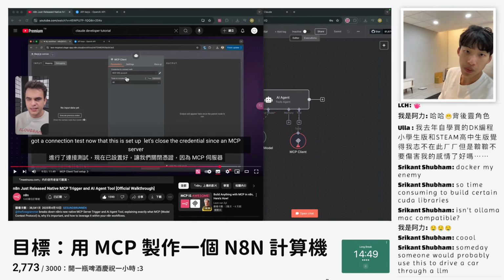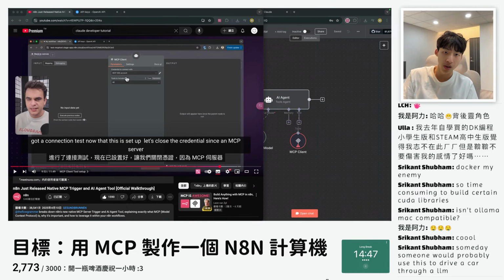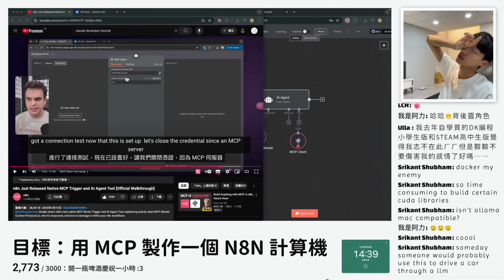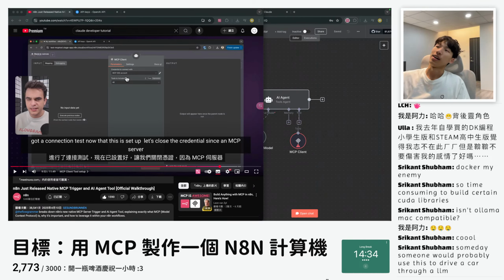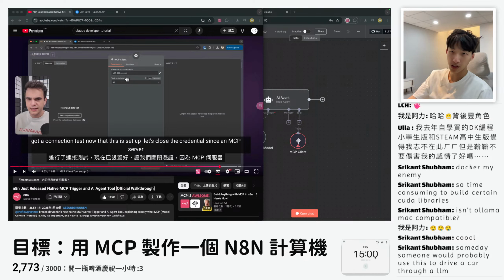Someday someone would probably use this to drive a car through LLM. I believe Tesla will make it soon possible before we can build it with our large language model. Yeah, let's take not a 15 minutes break.